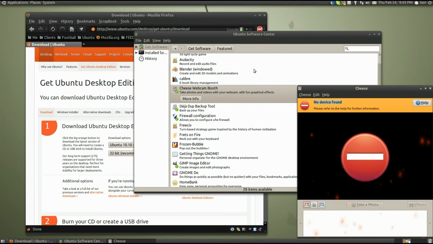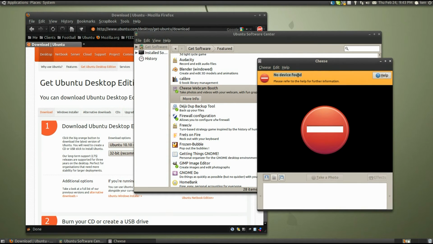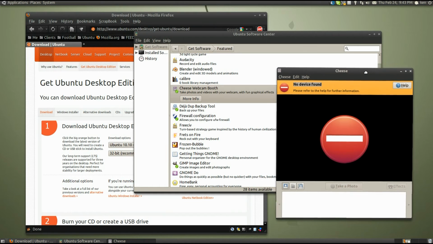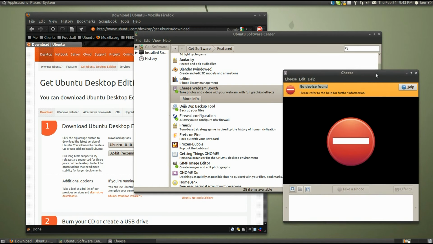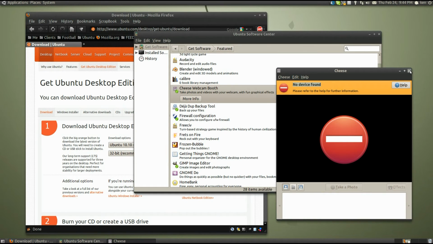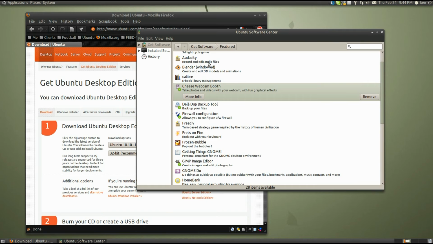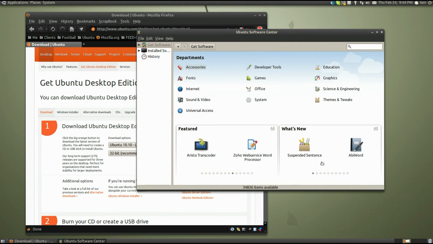Now that program that we just put on says, hey, I don't even have a webcam installed. I don't have a webcam on my desktop here, so it doesn't have that device found, so that's why it doesn't find it. But that's how quick it is to get software for the computer, put it on there, and that's how easy. I mean, this stuff's made for grandmothers and grandpas who really just say, here's what I want to get, the software,